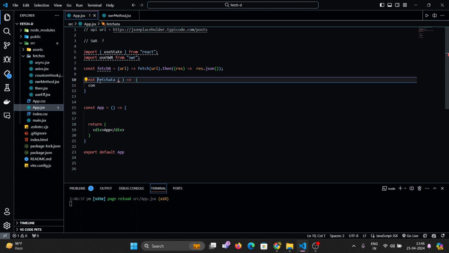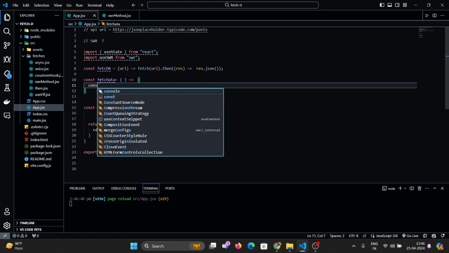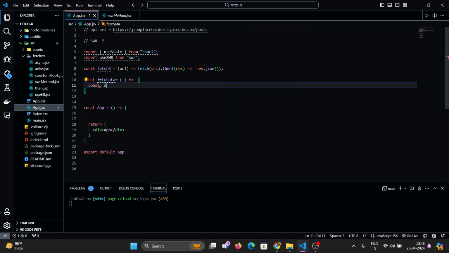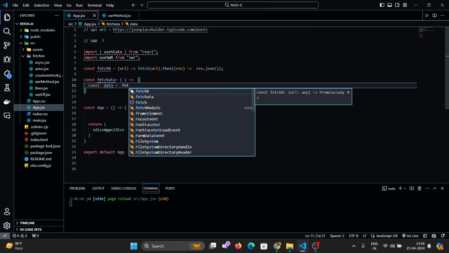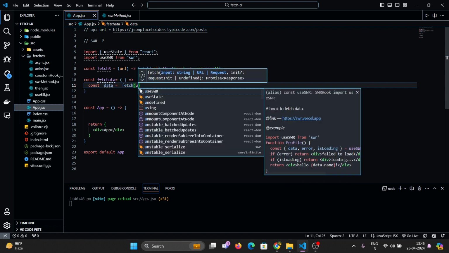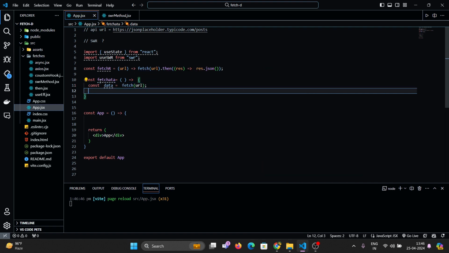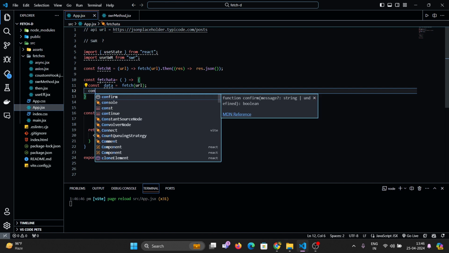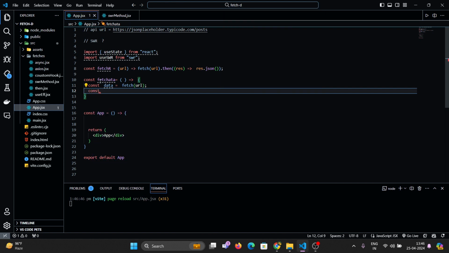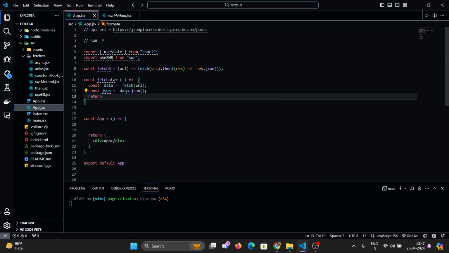Like that, const data is equal to fetch this URL, and after fetching the URL, take another variable that changes our response into JSON format. Whatever data came, we convert it to JSON, and return the JSON.